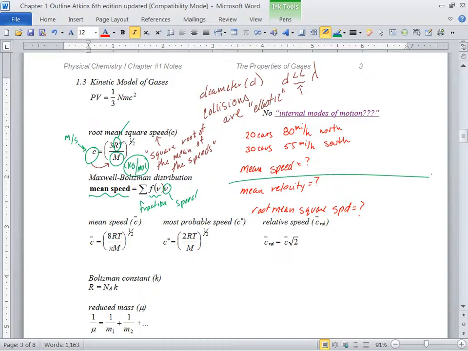You do 80 divided by 20 plus 30 divided by 55. Okay. I mean 55 divided by 30. Follow the expression. They want each speed. Now we only have 2 in our sum, so no big deal. But we have to take the speed. Well, we can write that down first so we don't screw it up. The speed is, let's just do 80 miles an hour, times the fraction going 80 miles an hour. That fraction would be 20 out of 50.